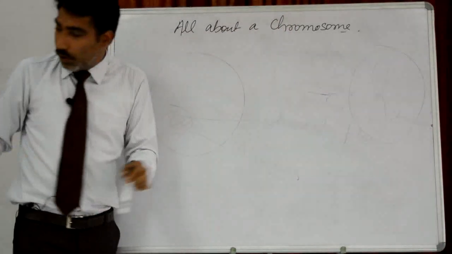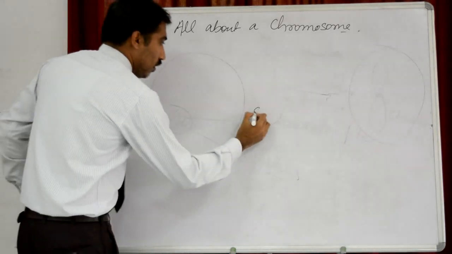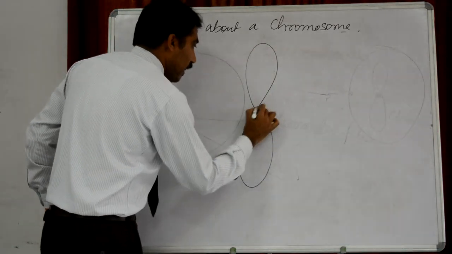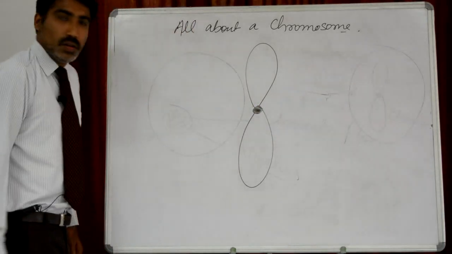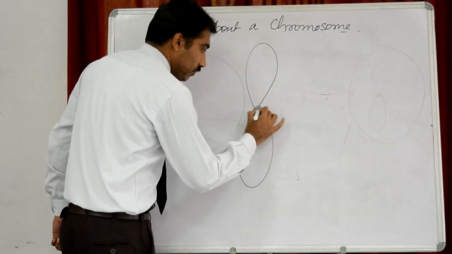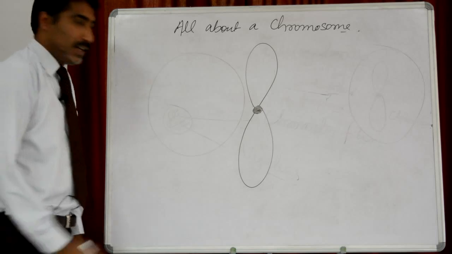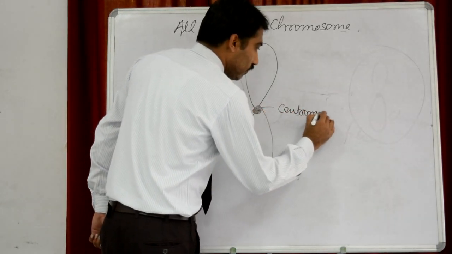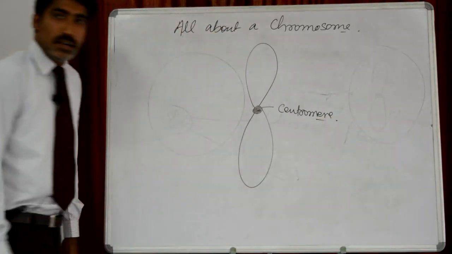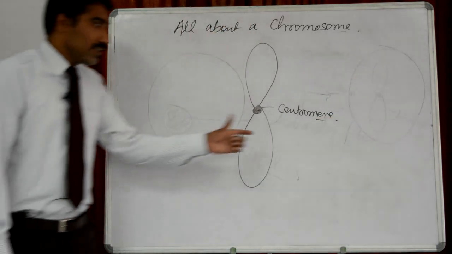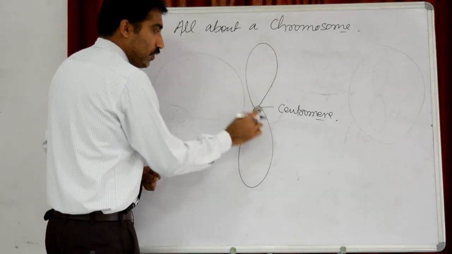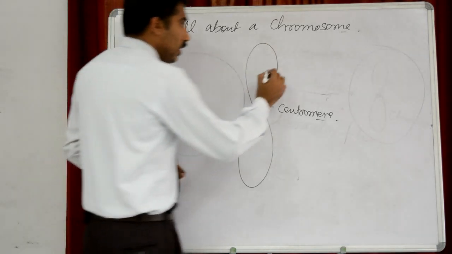So first of all, I would like to discuss the different parts of the chromosome. This darkly stained center is known as centromere. This is the center of the chromosome, and this part which is joined with this centromere is known as